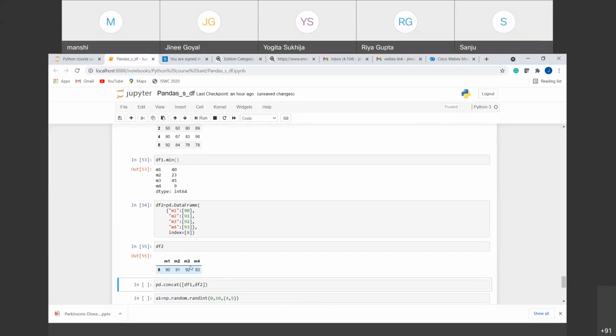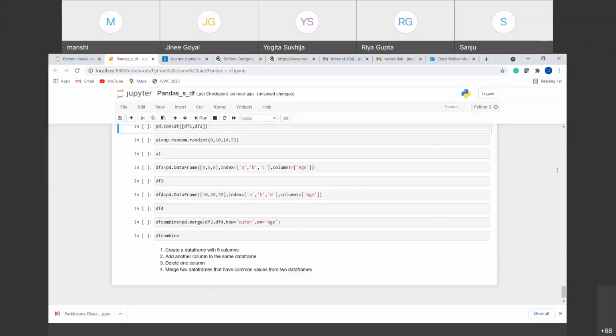And now suppose we want to concatenate these two data frames, that is, join these two data frames. So how can we do that? For that, we have a concat function here, pd.concat, right?